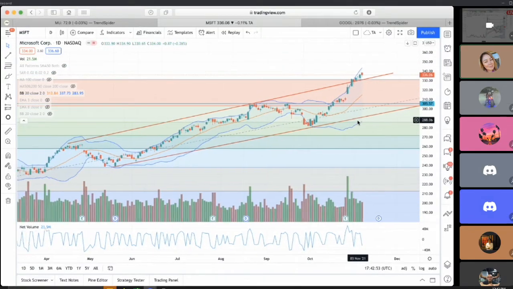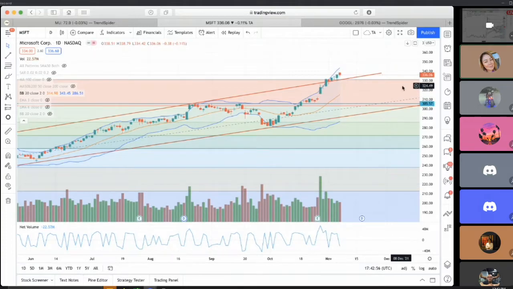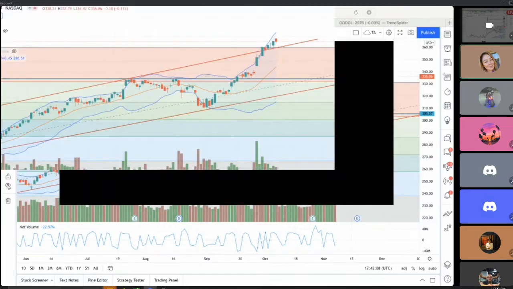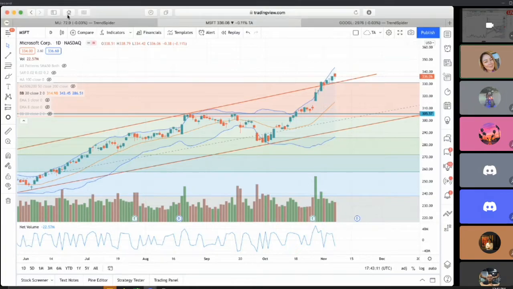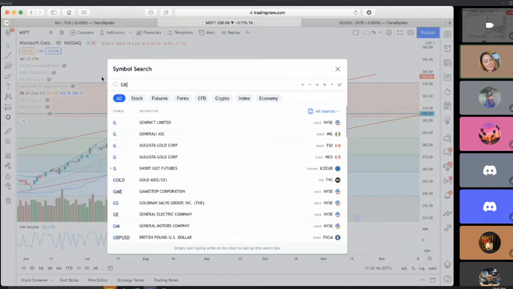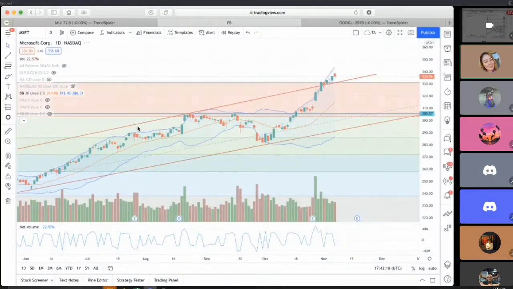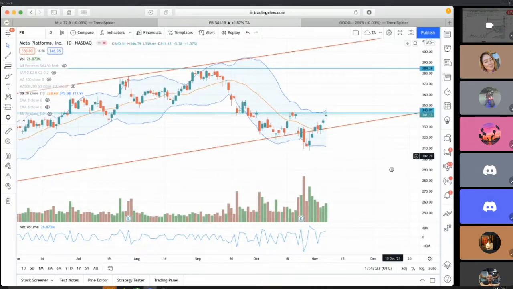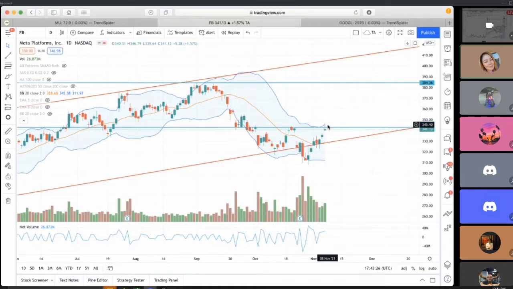It is at the all-time high though, so it's been running for the whole week. So if it comes down, it might come down to the support at 330. Support at 325 if you guys want to get in for a bounce play. Facebook or Meta had really big news last week when it rebranded and the whole metaverse, all that stuff. So it took them about a week to come back, but once Facebook can defend 343 needs to be